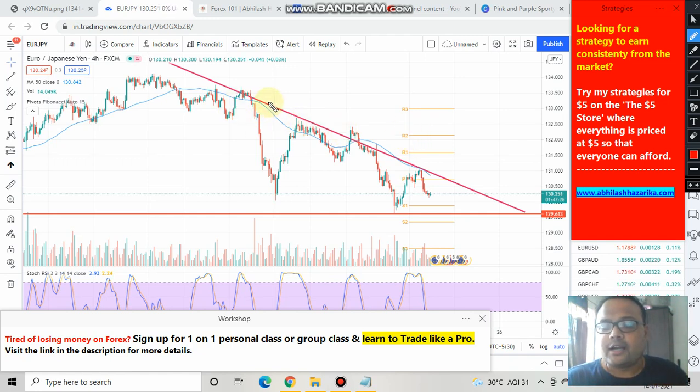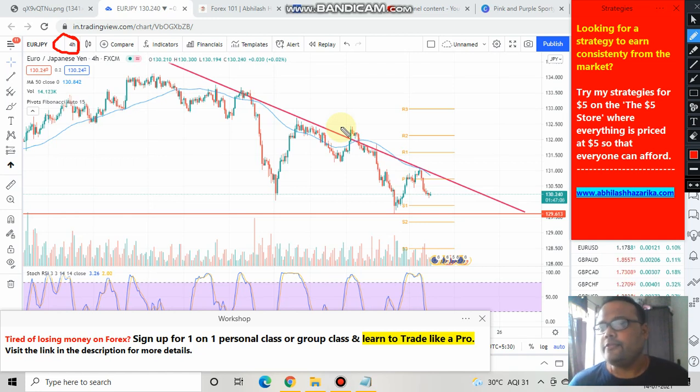In your charting platform or trading platform, you can also draw these lines in the 4 hours time frame easily. So you can see that whenever the market is trying to go up here, the market was facing resistance at the trend line, and as a result this trend line is also acting as a strong resistance for the market.